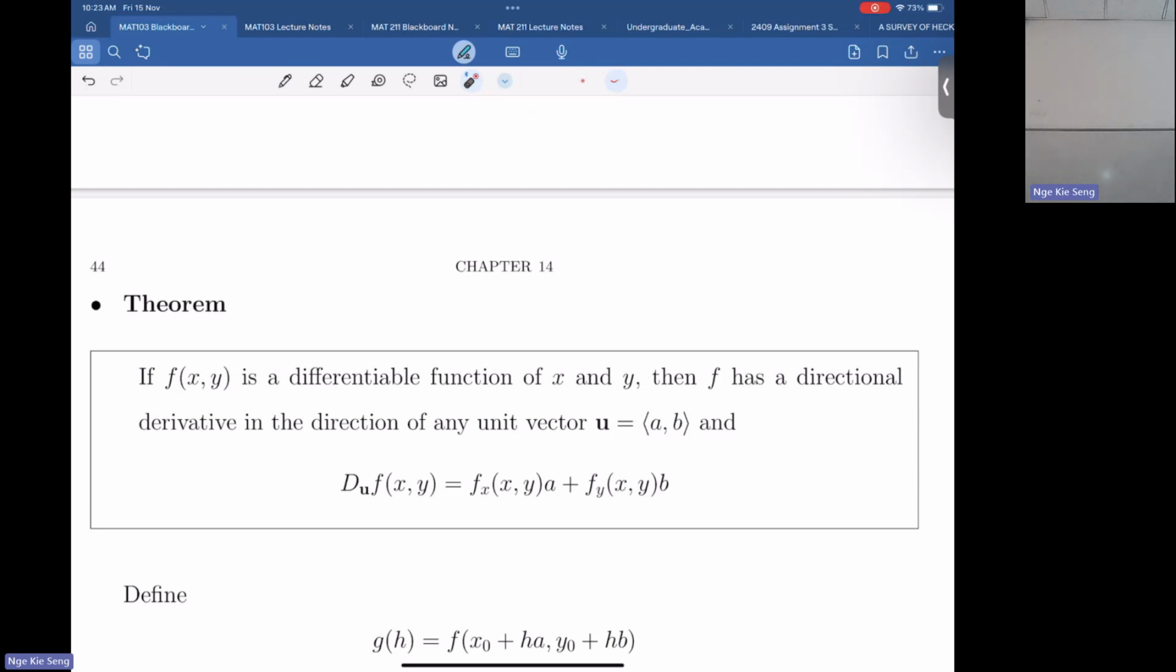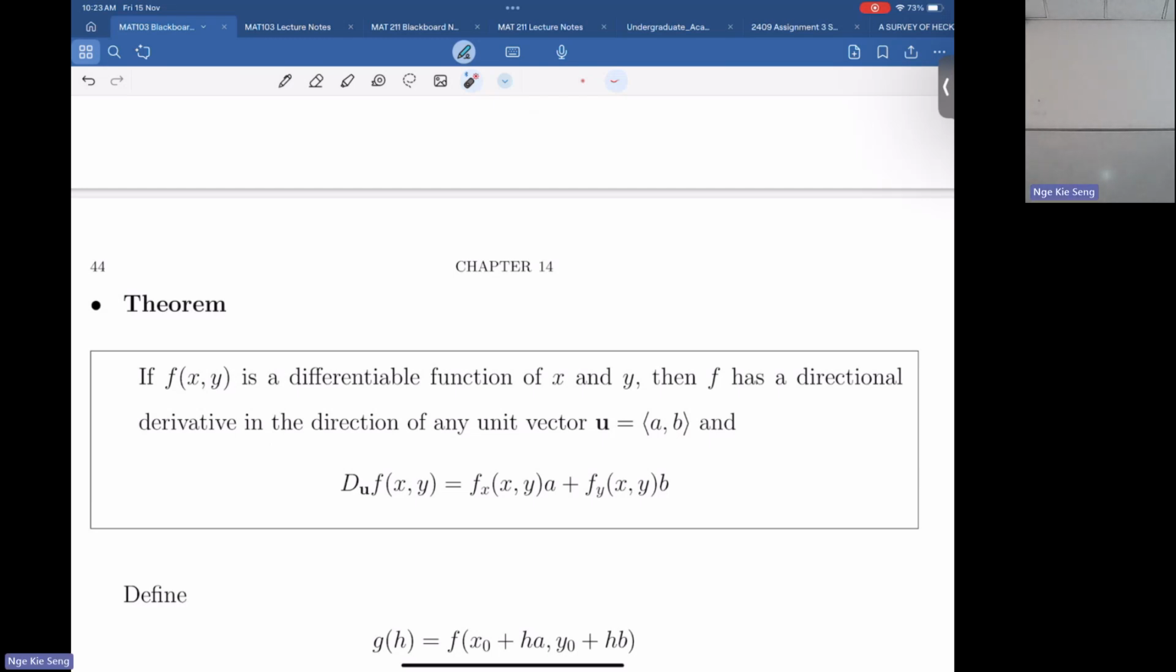This is exactly the direction of your unit vector in x coordinate. And then plus fy of xy times the y coordinate of your y. So it's a linear combination. So meaning what? This du actually is a linear combination of a xy coordinate. And the coefficient is what? It's just the partial derivative with respect to x and y. 有道理吗？你觉得？有道理吗？